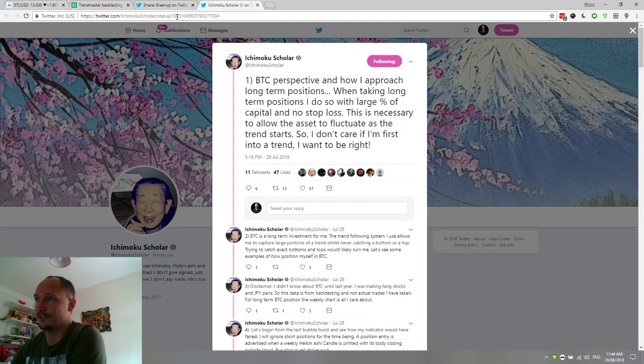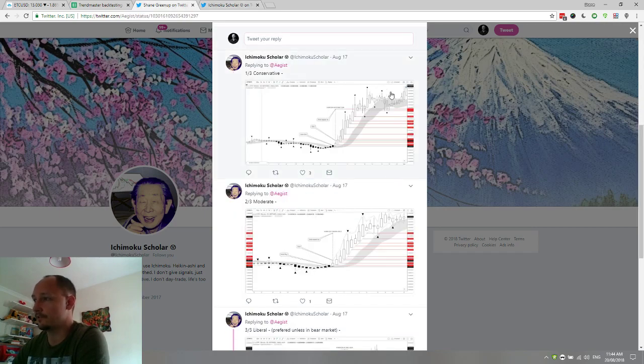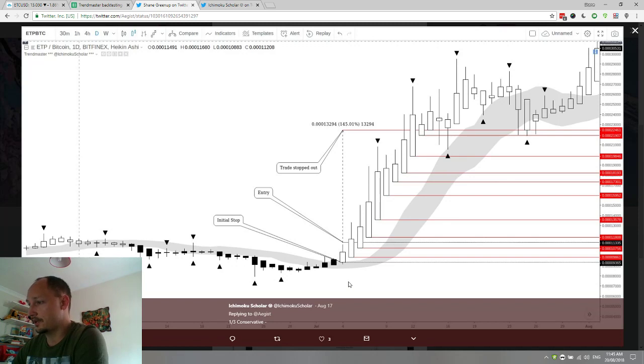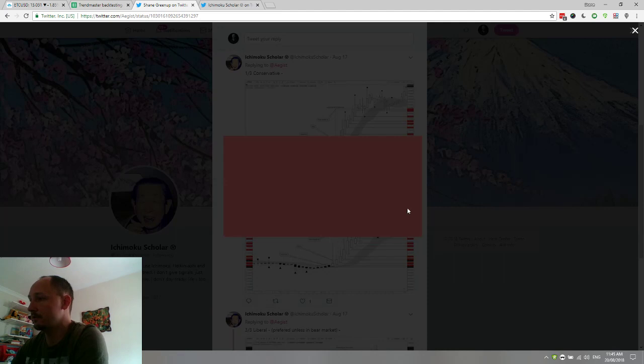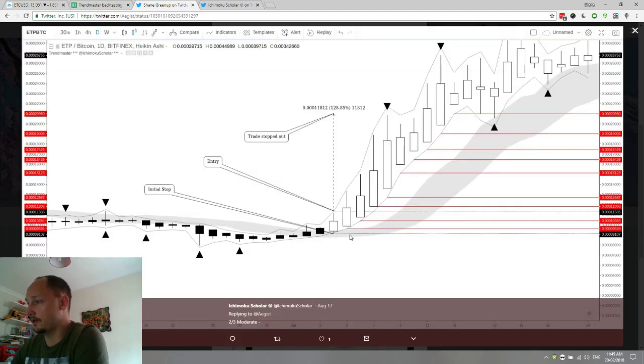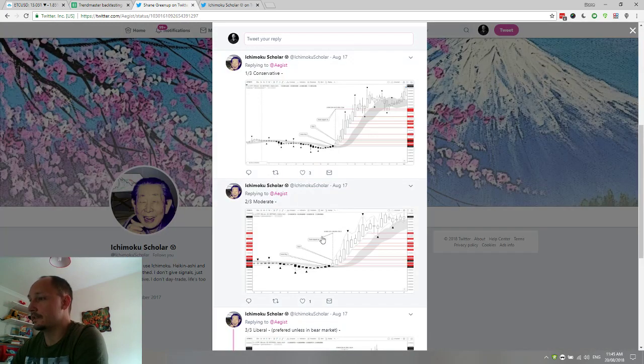And then of course he's like, well, there are other things you can do. He explained in this thread there are 3 different approaches. The conservative, which is you keep moving the stop loss up to the body of each candle. As each candle closes, you put a stop loss at the bottom of the body. There's the moderate, where you put a stop loss on the range below each candle that it shows you. And then there's the liberal,